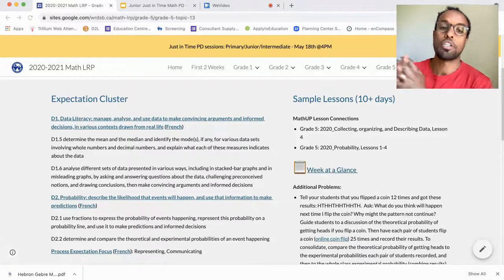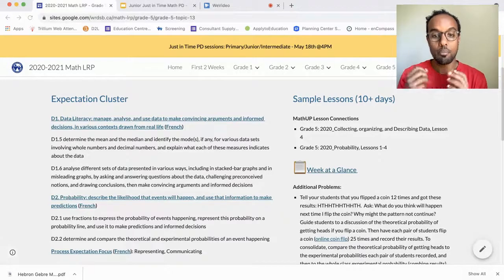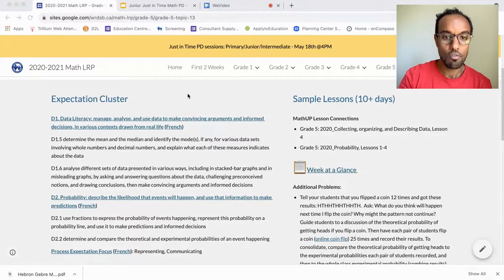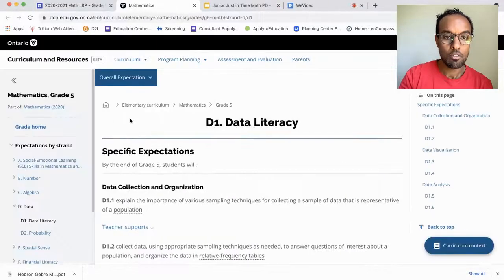Under D2, we're focusing on students representing the probability of events using descriptive language and growing into using numbers in grade 5 and 6, fractions, percents, and decimals. Let's see what kind of insights the curriculum site has for us here. We're just going to click on the link and jump into